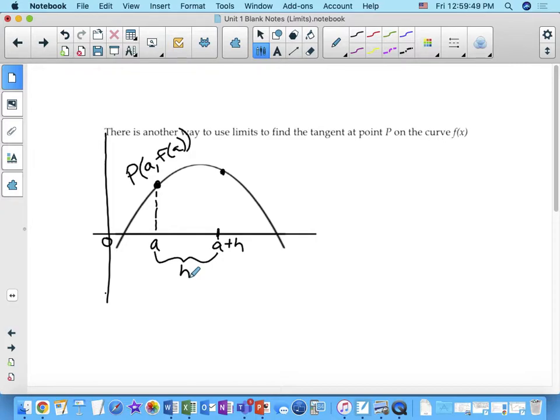Okay, so this point is going to be q, and the x coordinate would be a plus h, and then the y coordinate would be f of a plus h. I know this sounds a little crazy,